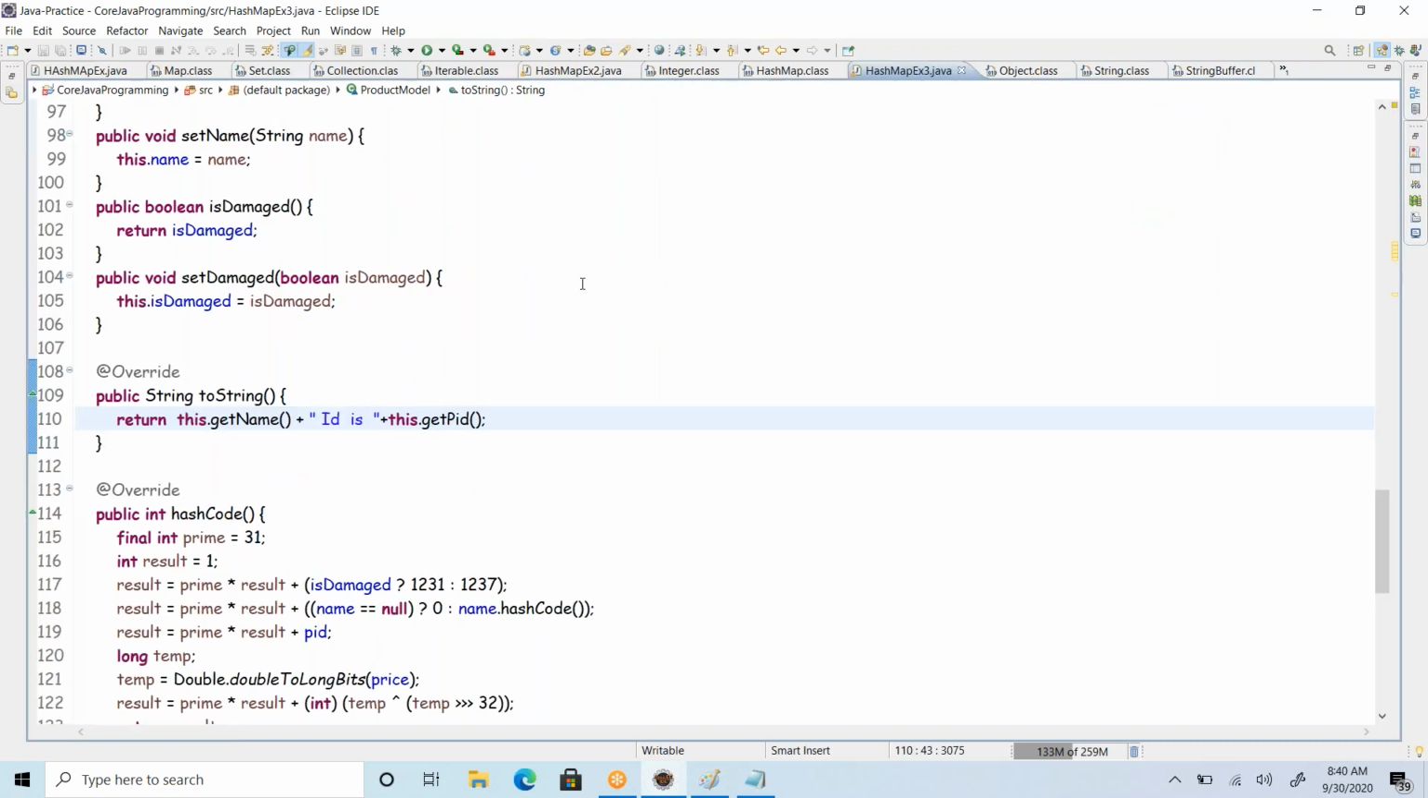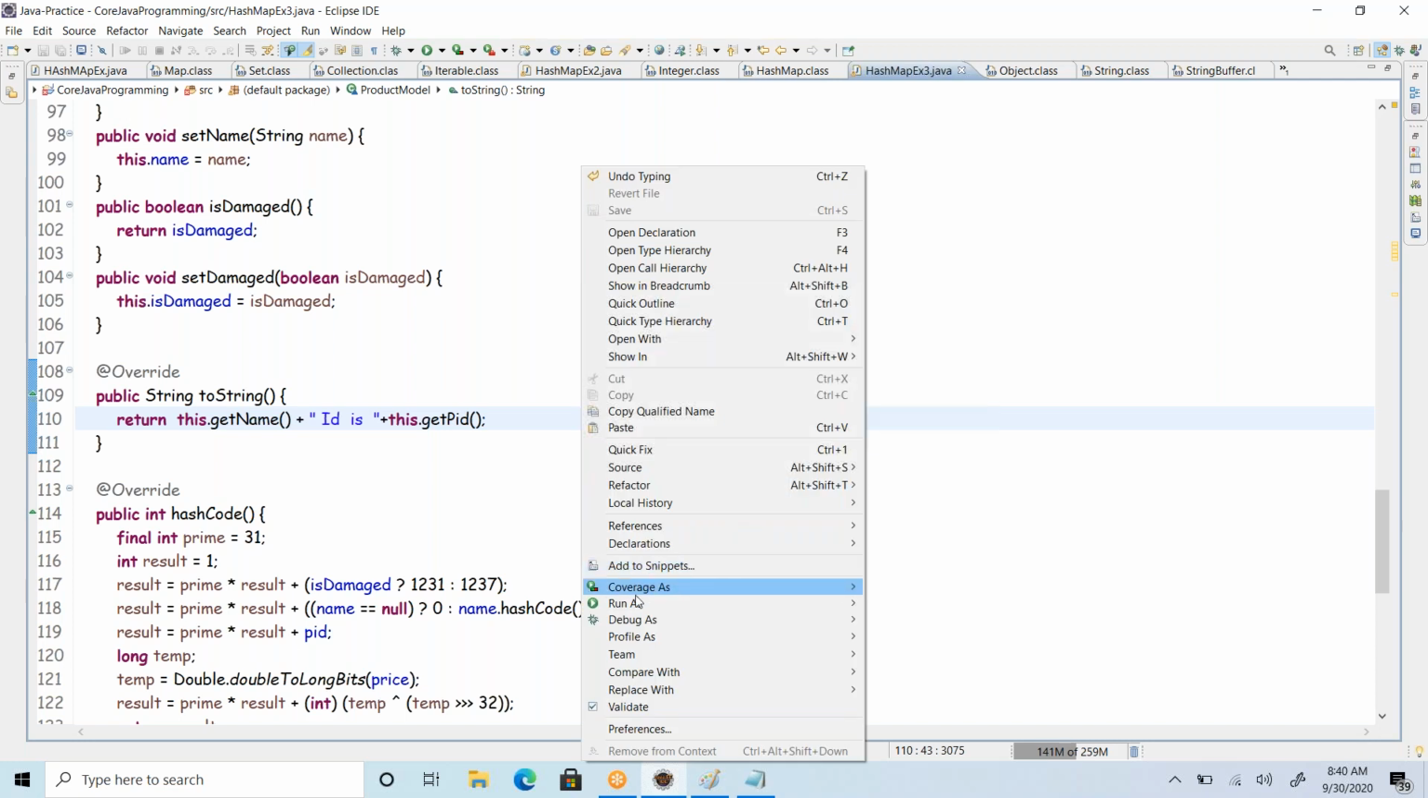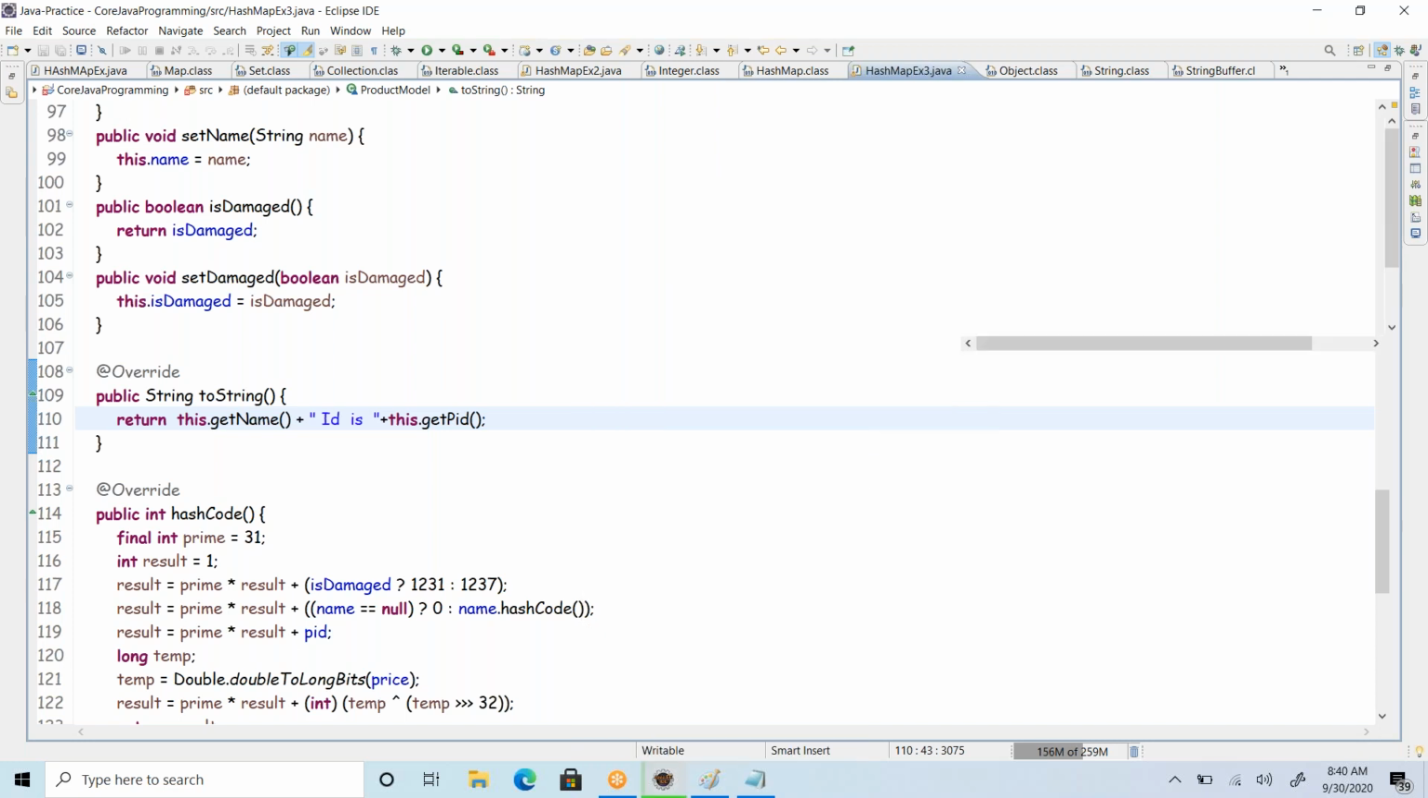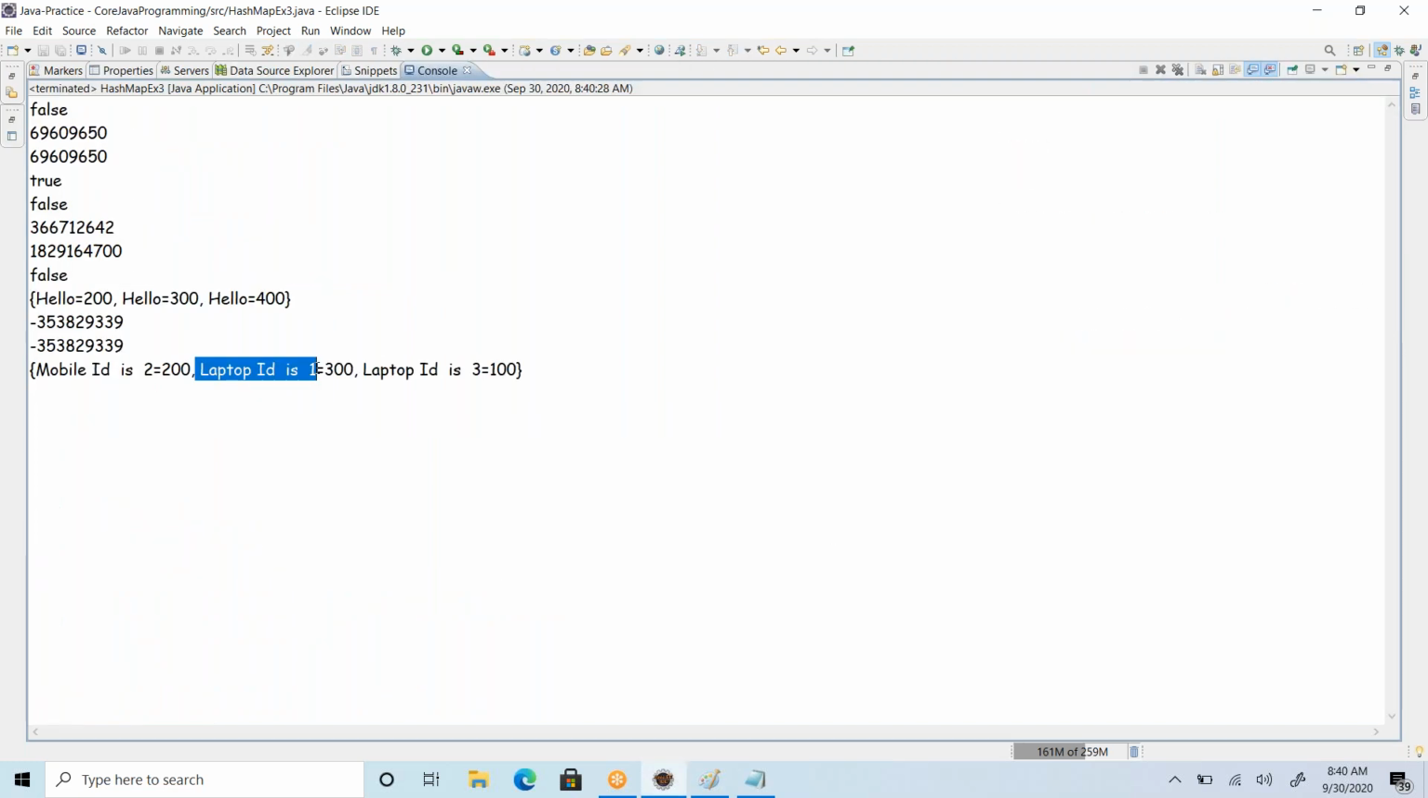Okay, so mobile ID is 2. Laptop ID is 1. Laptop ID is 3. Products 1 and 3 are there. Okay, product 1 and 3. So if you look at product 1,